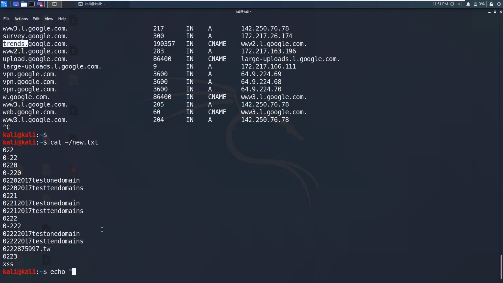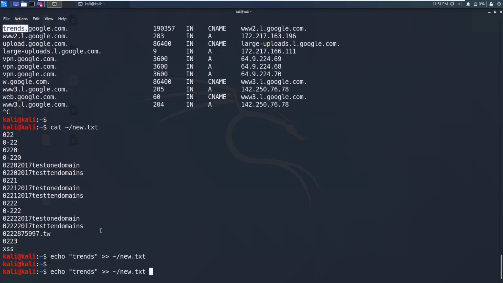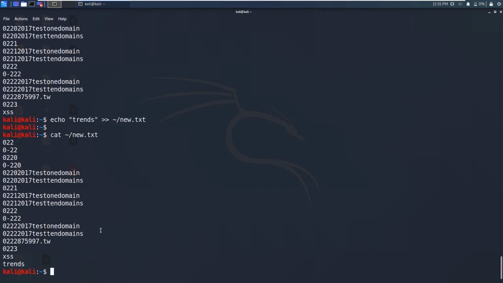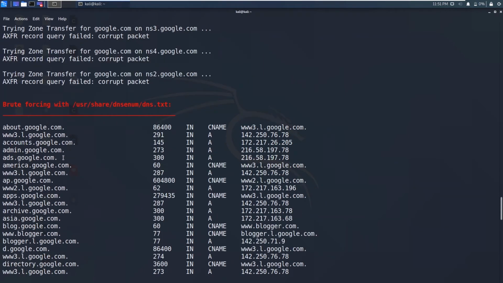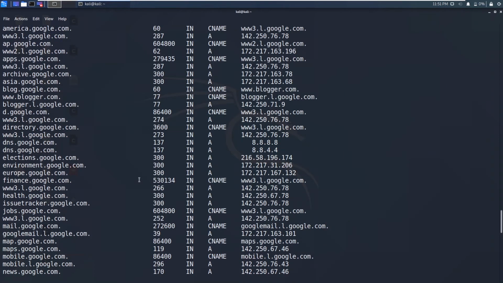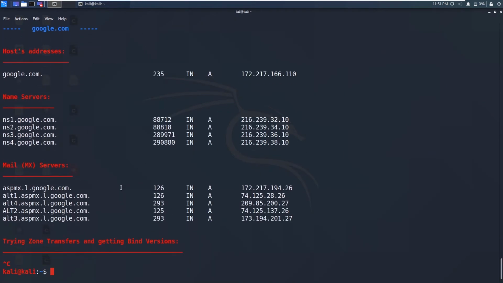Let's say echo trends. So we got trends in our new.txt file, right? Now let's say, instead of checking the subdomain names in the dns.txt, we will specify our word list file.